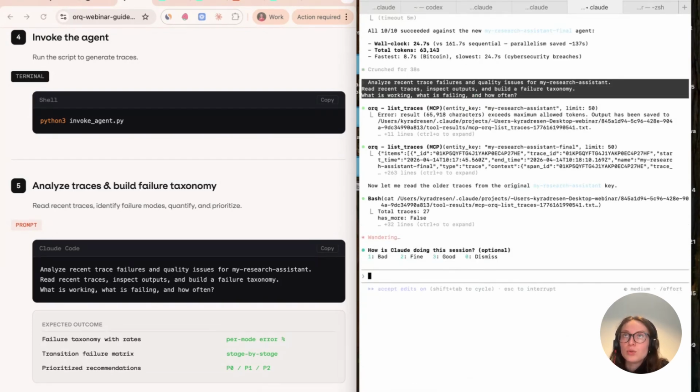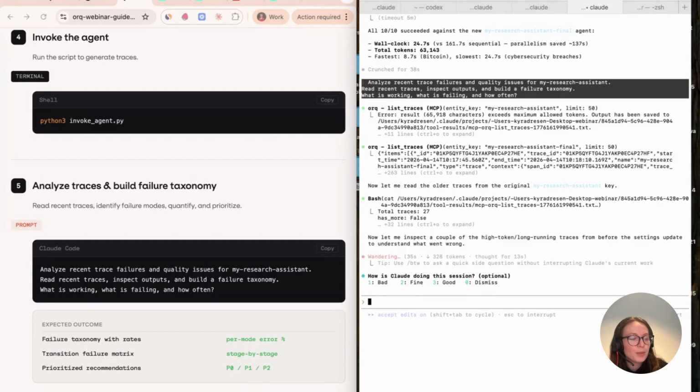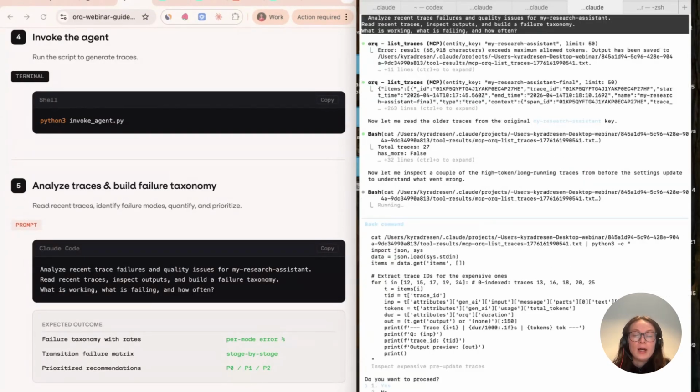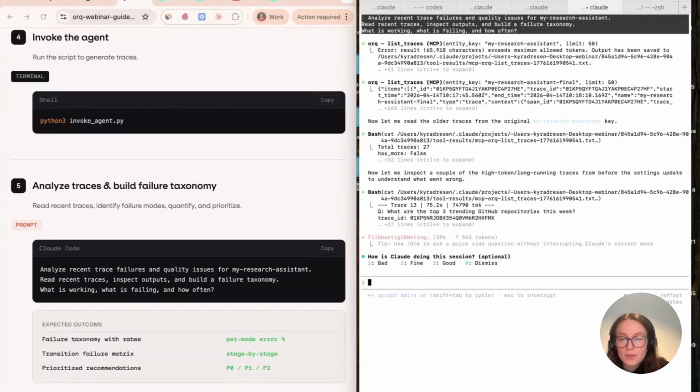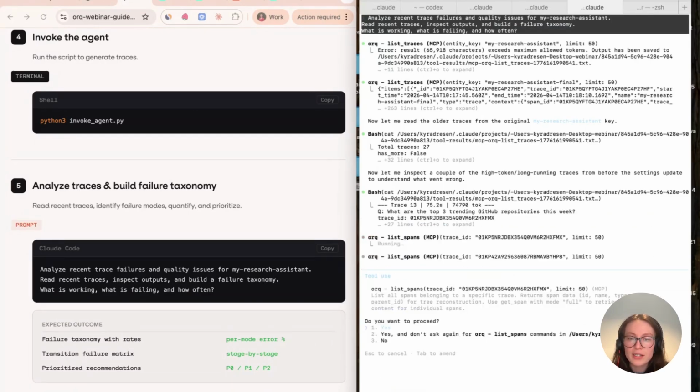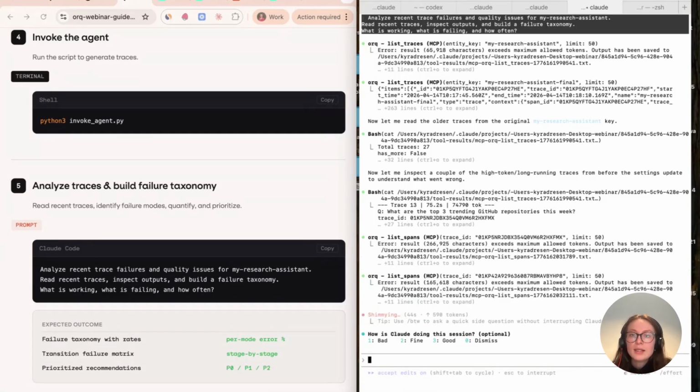I also had some older traces from this agent in the workspace. And what makes this super powerful is that our team is building out lots of features to help you get insights from your traces, because obviously it's manually impossible to sift through hundreds of traces every single day to check the quality of your system.